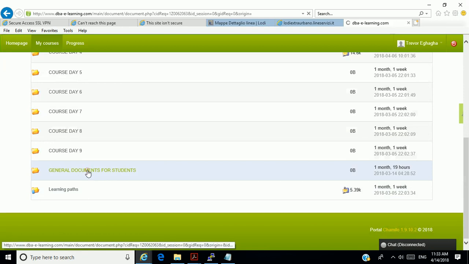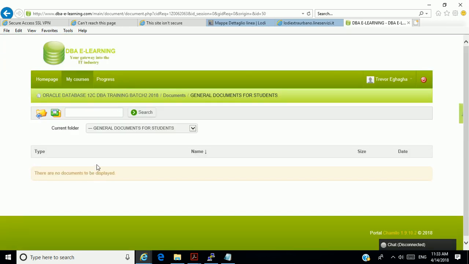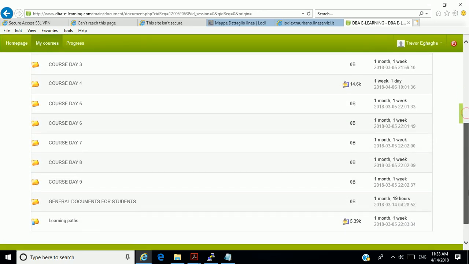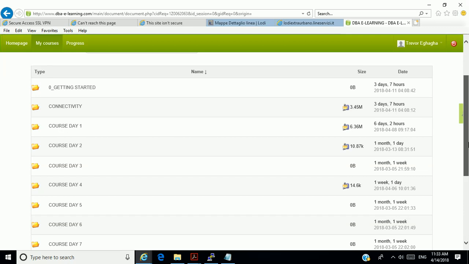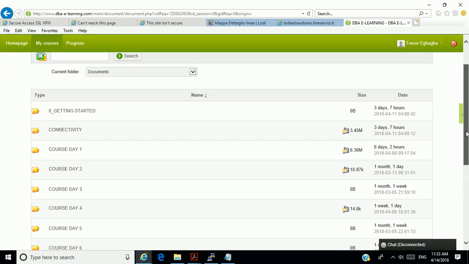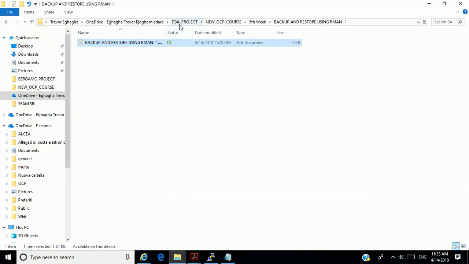General documents for students, all right? Oh, that's missing there, is it? So I'll get that later. Let me just get it on my computer. I thought I loaded that stuff. Okay.